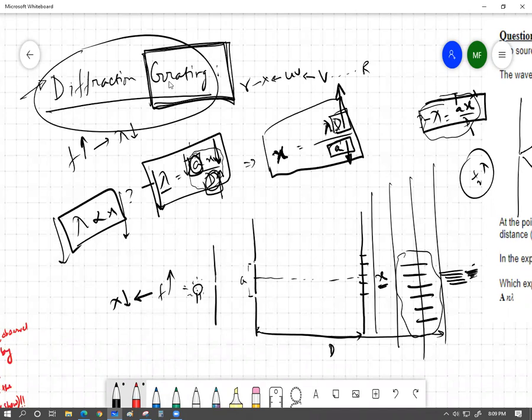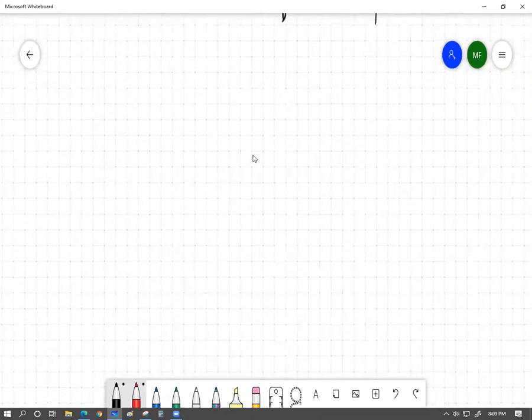Diffraction grating is going to give us very small slit separation, so that our x can be significantly large to deal with. To be honest, it's going to give us such a small slit separation that x cannot be measured on a single straight board. Rather, whenever we use a diffraction grating, for example, let's say here is a